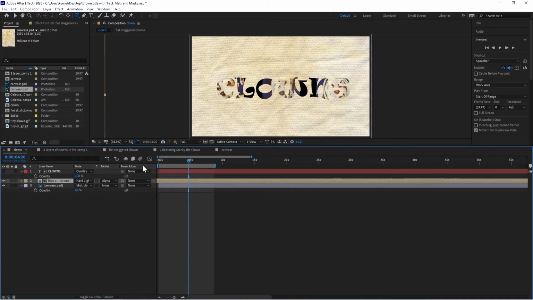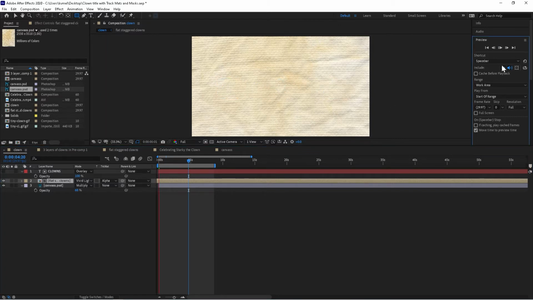Every time I get something that's surprising and beautiful, I get so excited. So, if I like that right here, I could hit play. Renders pretty quickly, so that's kind of what I'm getting so far. Clowns on that creepy canvas. I can have some blood splatters show up if I want to make it into a horror movie, something like that. So far we've covered putting in a track mat, which was pretty cool,